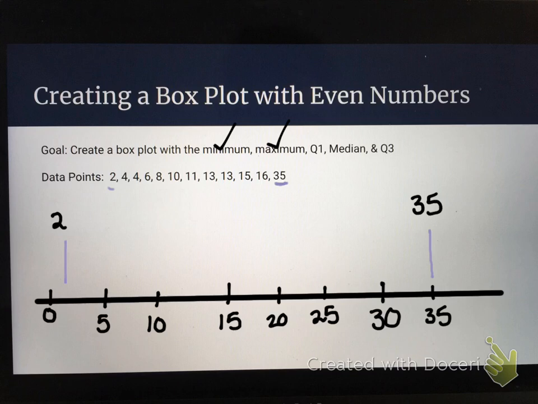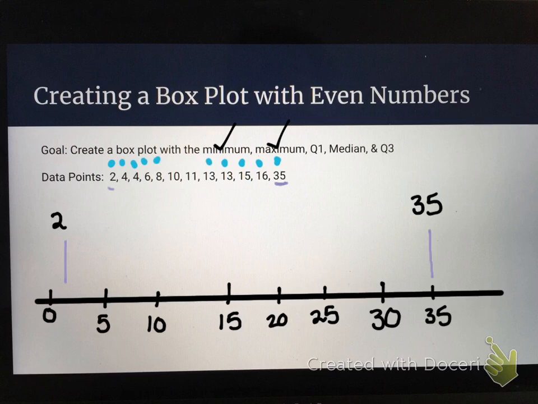Now let's go to find the median, and this is where I think you'll notice some of those things that are kind of different. So remember, we're trying to find our middle number. We have 12 data points in here, so I'm going to go ahead and cross out my low. Oh, you know what? I'm not crossing, I'm going to put a dot above it, because I know I'm going to have to come back and reuse those numbers for the quartile 1 and quartile 3. So, okay, dot above 2, dot above 35, dot above 4, dot above 16. I'm going to go ahead and repeat the process